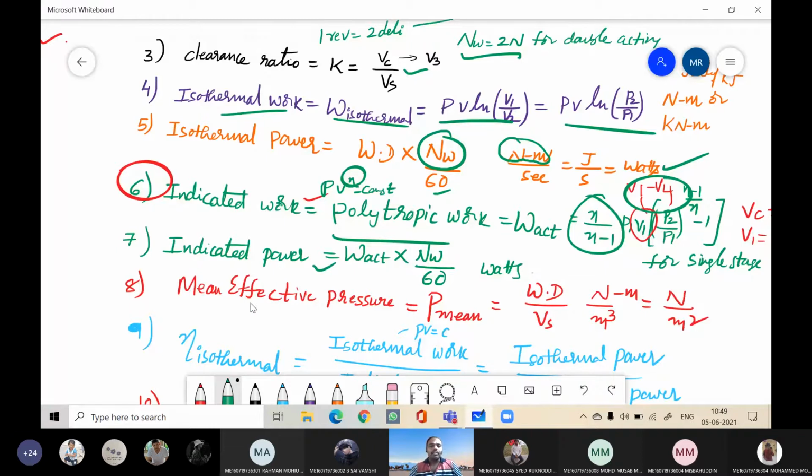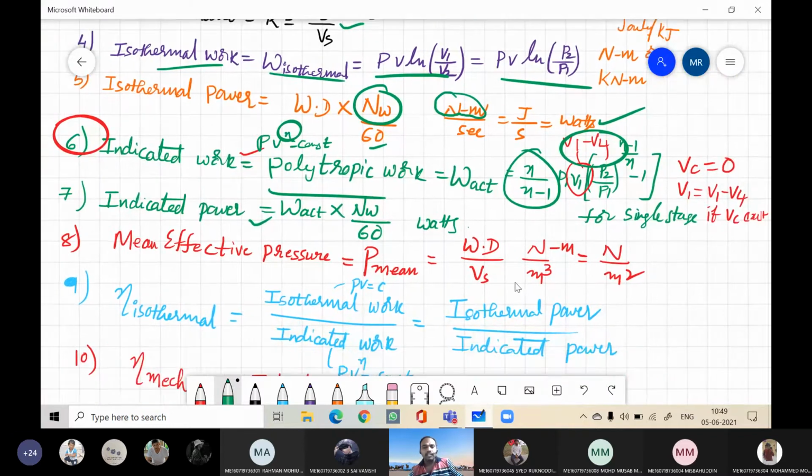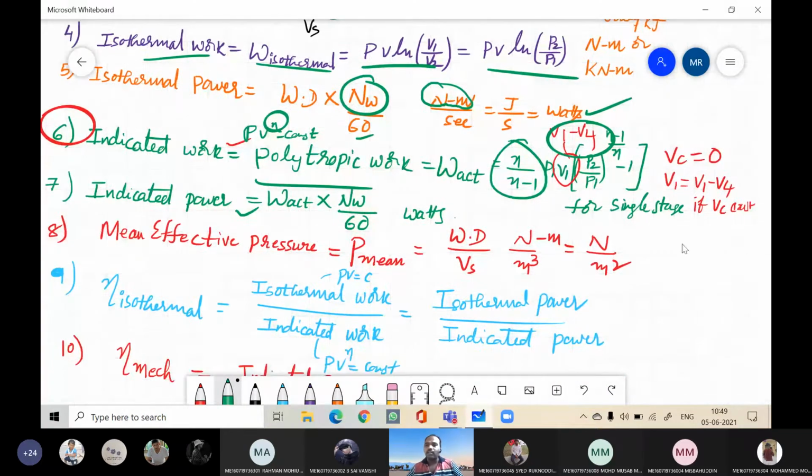As we know, the pressure inside the air compressor is not uniform, it is fluctuating. Because the piston is changing its direction, at the end points the velocity will be 0, then it increases to the maximum, again minimum, like that. Therefore the air in contact with the piston is also subjected to fluctuating velocities, and therefore the pressure is also fluctuating. So we call it the mean effective pressure. It can be calculated by work done divided by swept volume, so the units are pressure units, newtons per meter square.